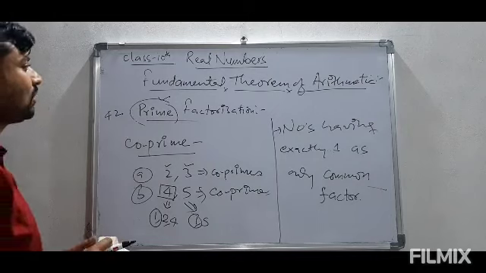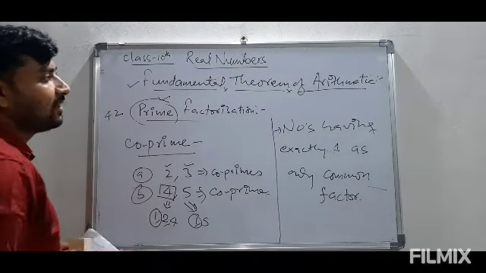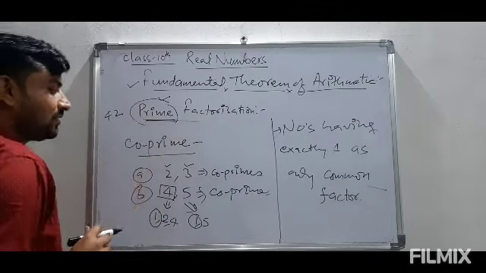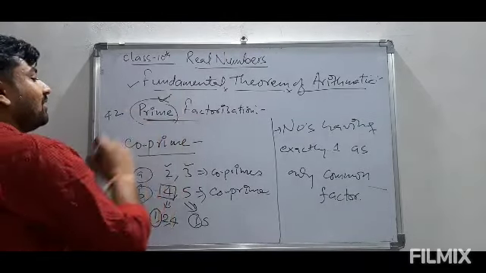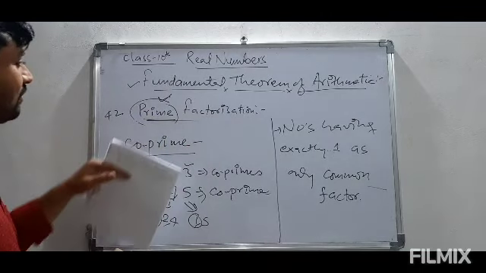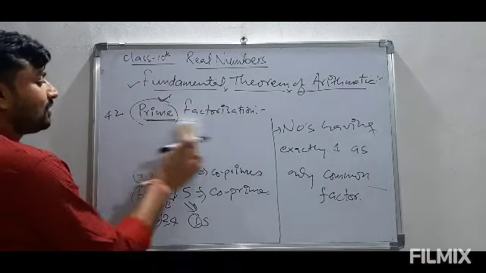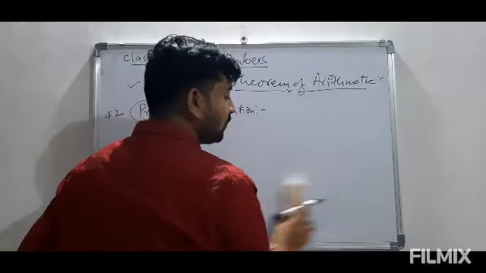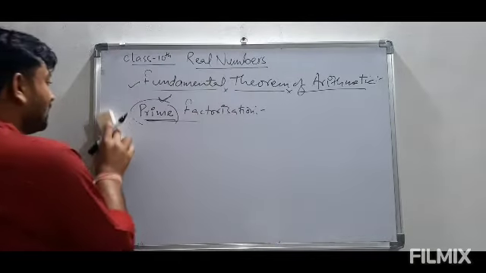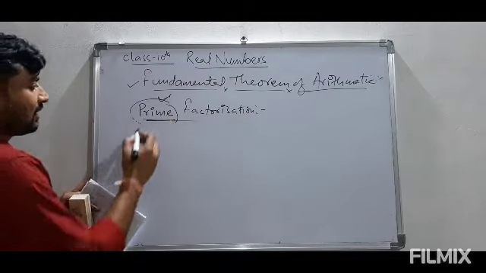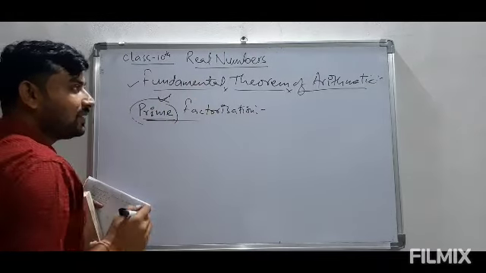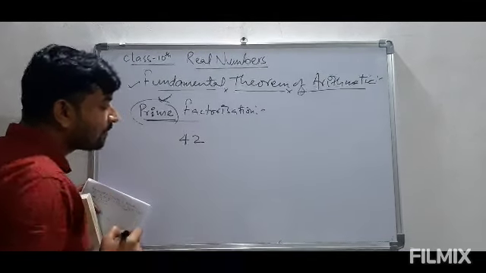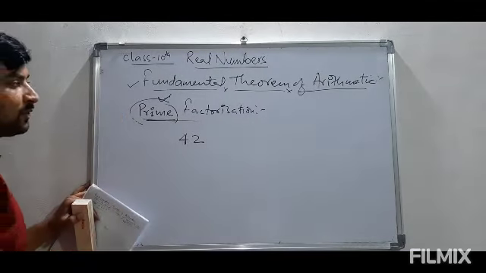Now let us come to our current topic, that is the fundamental theorem of arithmetic. For this I will be needing prime factorization. Now we are able to find out what prime numbers are, so we will start with prime factorization first. This topic you must be knowing, but still I want to include it in this lecture because I need to explain everything for the fundamental theorem of arithmetic. So I have taken 42 in the earlier part. So let us try to find out the prime factors